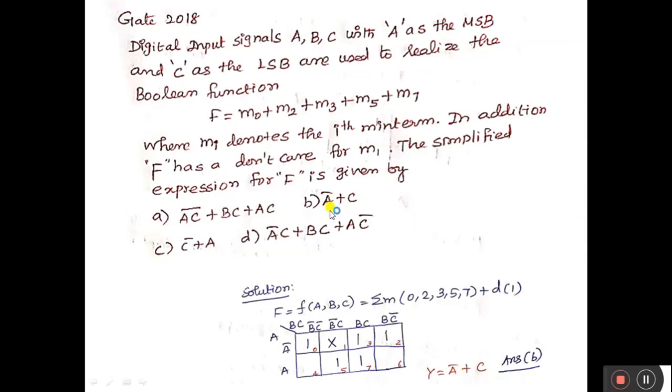See here, to make confusion, option C they have given C bar plus C. Be careful when you choose the answer. You may get the answer A bar plus C, and when you shade in the answer sheet by mistake, you may shade option C also, because this is relevantly given. So be careful when you write the answer in the answer sheet. The answer for this question is A bar plus C. The question looks like a big one, but the answer is very simple. Next one.